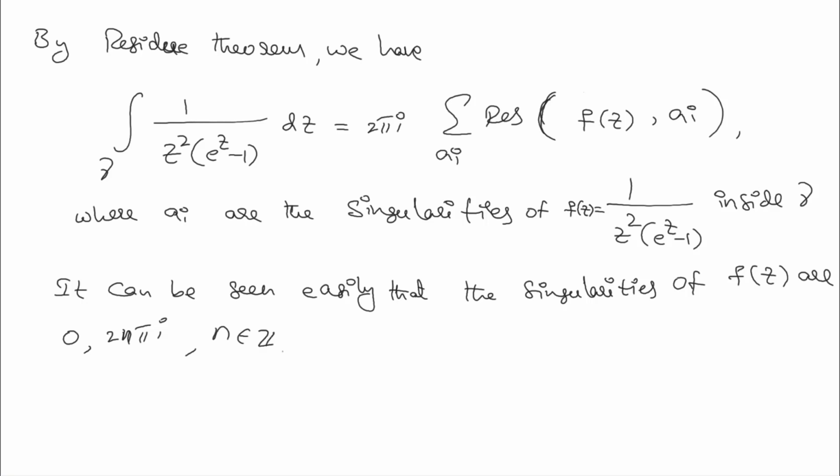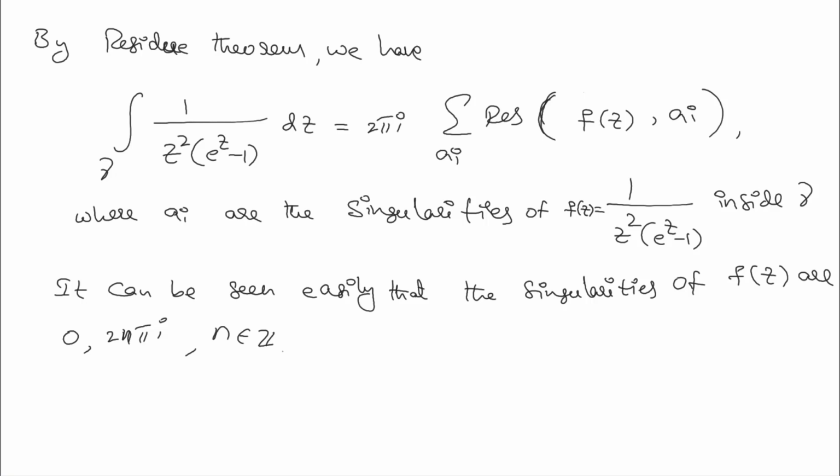Since at the point 0, the denominator becomes 0, and for the term e to the power of z minus 1 to become 0, the only such points z are nothing but 2nπi for all integers n. But the question here is,